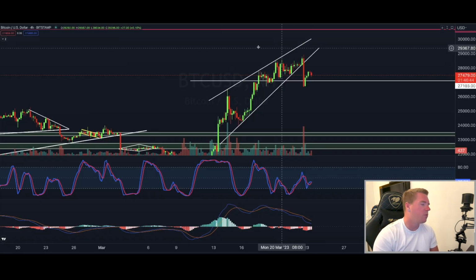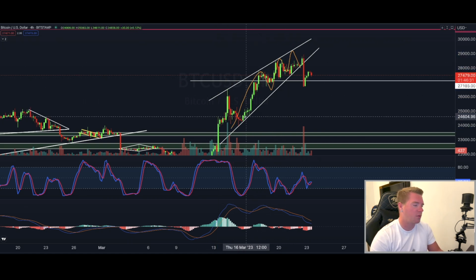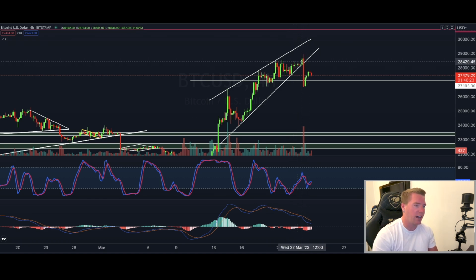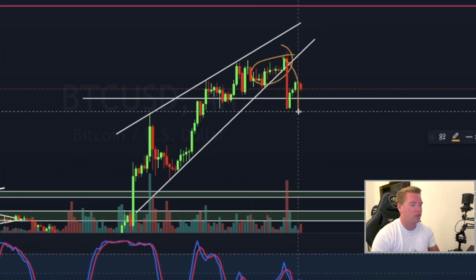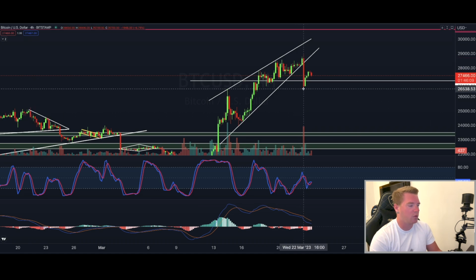Also, when we go to the 4-hourly time frame, you can see we had a clear rising wedge to the upside, where we had confirmed upward sloping resistance and also upward sloping support, and then we were getting squeezed within that rising wedge until we got close to the upward sloping support line, and then broke to the downside with confirmed volume confirmation coming in, confirming that big move to the downside, and trying to stay under $27,000,